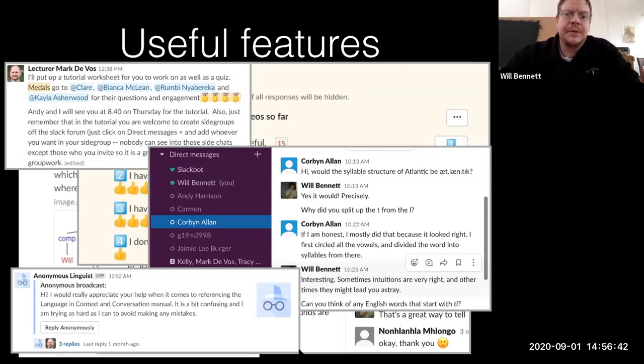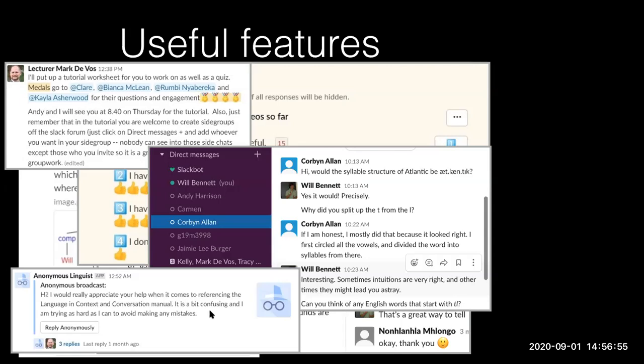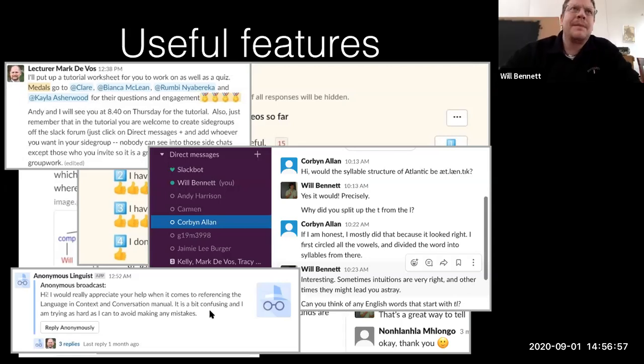And also, there's an add-on that allows students to post anonymously. So for instance, if they feel shy, here's a student who was a little bit unsure about how to reference the course manual, which, okay, maybe they've been taught that once or twice or 3 or 6 or 10 times, or maybe it's just been mentioned and they've missed it 6 or 10 times, or maybe they just need to be told more than once, like me.